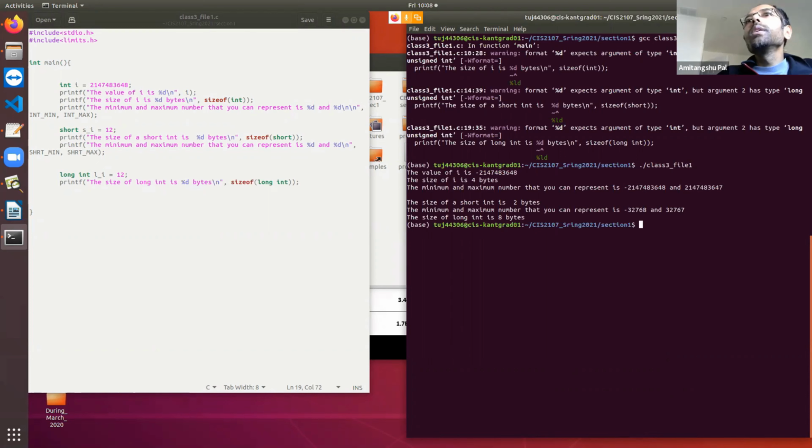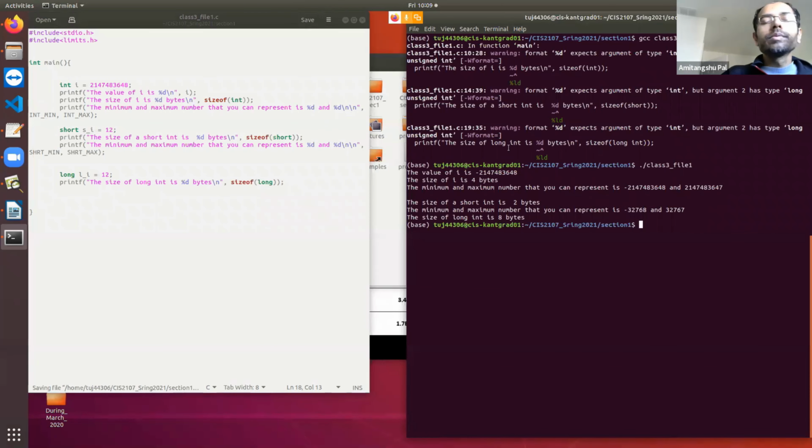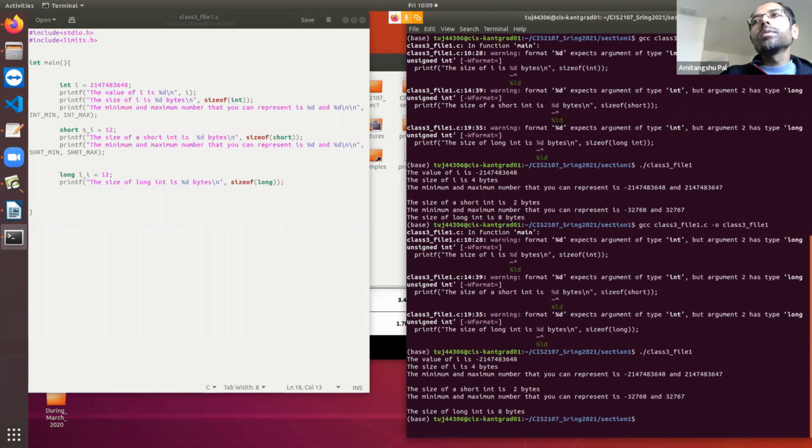Ignore this. So the long int takes 8 bytes. Instead of 4 bytes in the integer, it takes 8 bytes. That means its range is much longer. And again, instead of long int, you can simply write long. So this will also give you the same result.